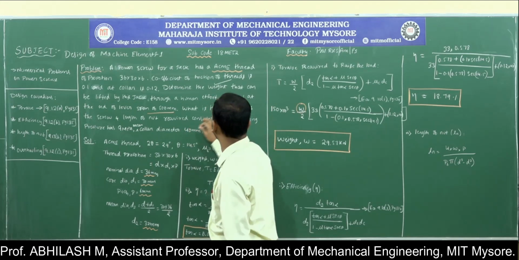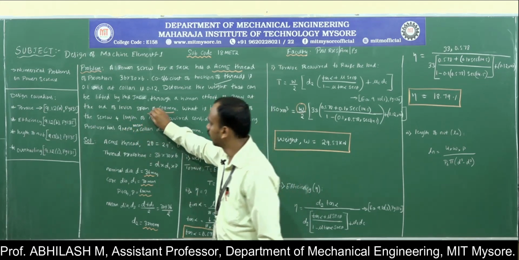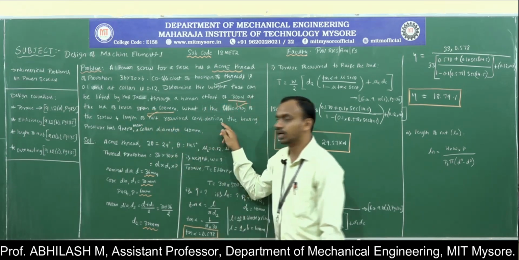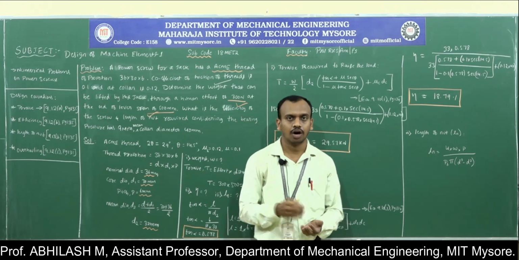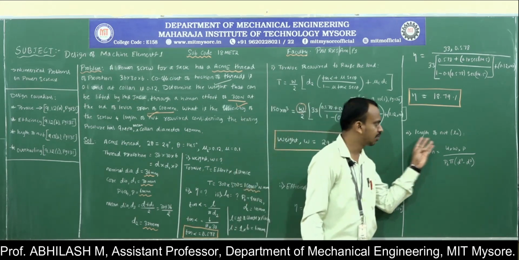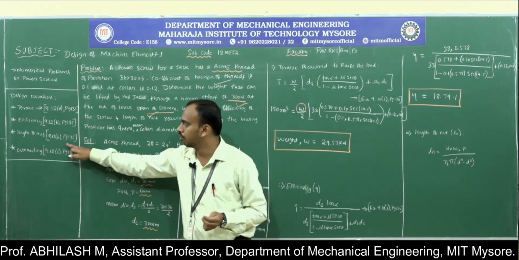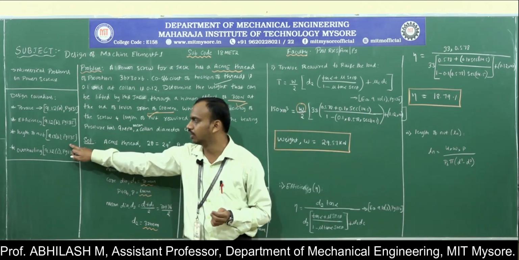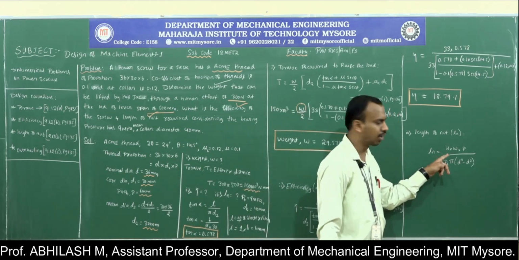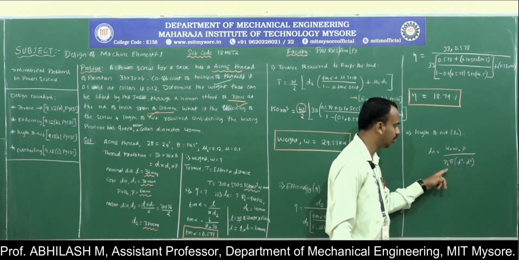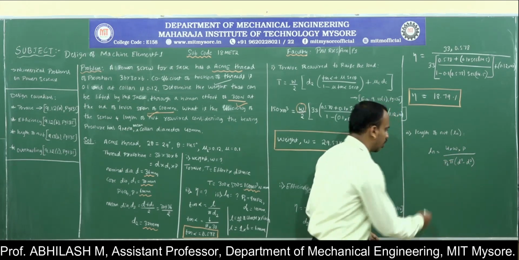What is the next thing they have asked us to calculate? They asked us to calculate the efficiency, and we are done with that. They also asked us to calculate the length of the nut that is required, considering the bearing pressure to be 9 megapascal. How do I calculate it? I have a general expression to calculate the length of the nut, available in the data handbook under 9.13b, page number 135. So the length of the nut is given by 4 into W into P divided by bearing pressure into pi of d square minus d1 square. I know all the values.